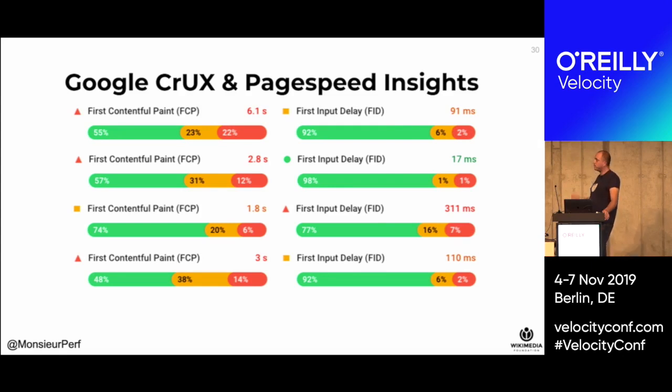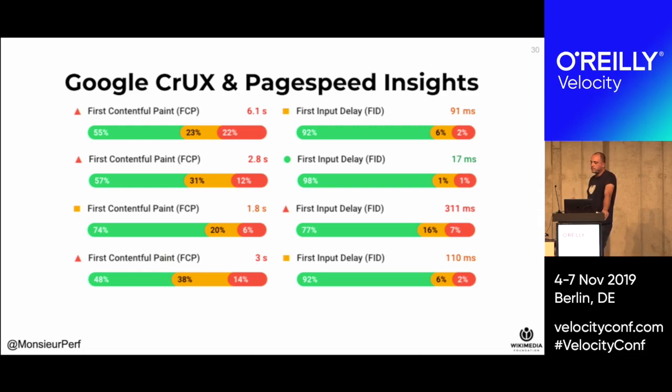And so you can start comparing yourself to other properties. In this case, I compared Wikipedia to Google. So we're doing, the top two ones are desktop. So in terms of desktop, we're doing okay, we're doing better than Google. But on the mobile site, we could be doing better for first contentful paint. And so you can see this for many different